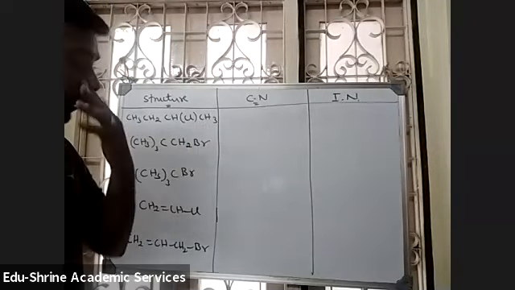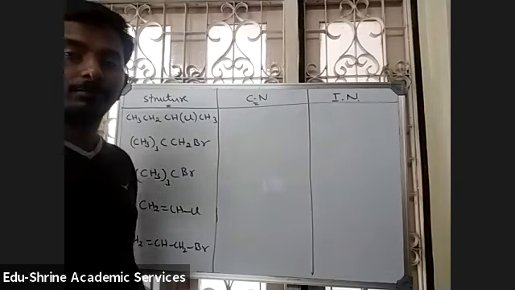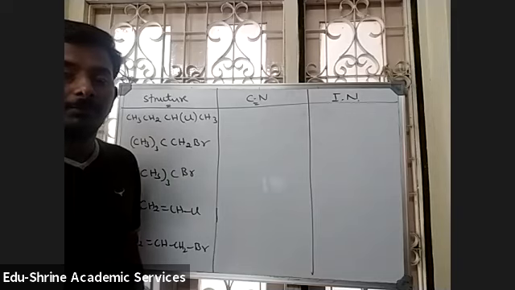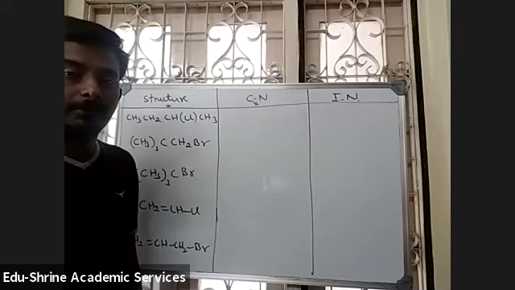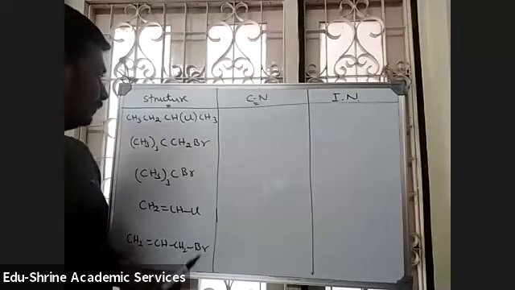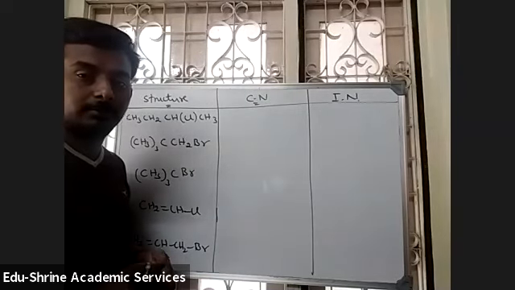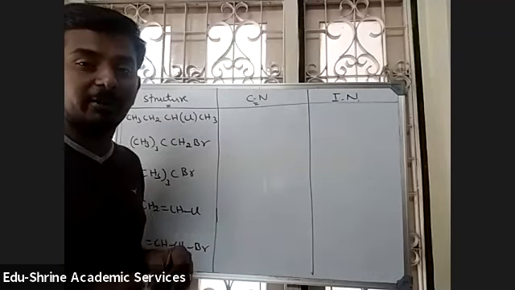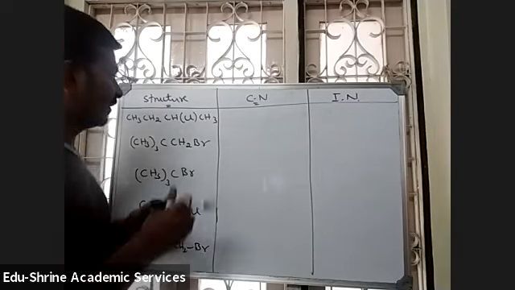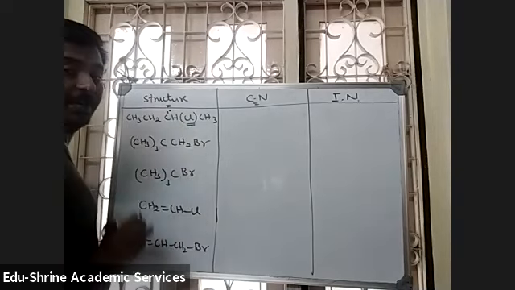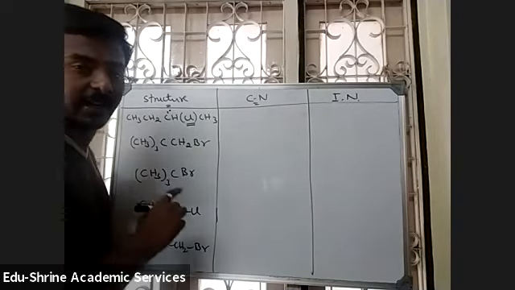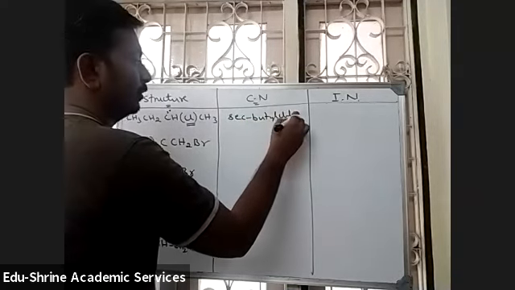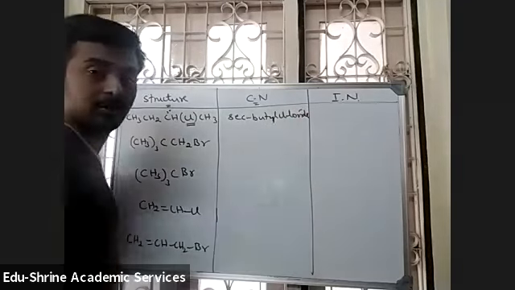Tell me, what will be the common name of this? Butyl is okay. N-butyl or isobutyl or secondary butyl, tertiary butyl, that is what is important, no? Yes, see it. Chlorine is attached to secondary carbon atom here. So it is secondary butyl chloride.